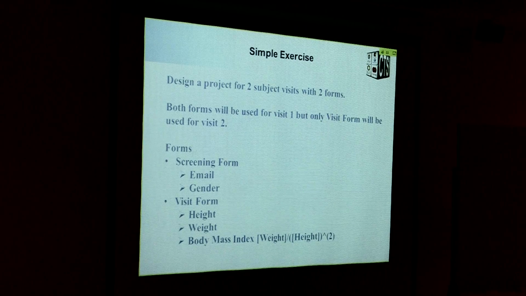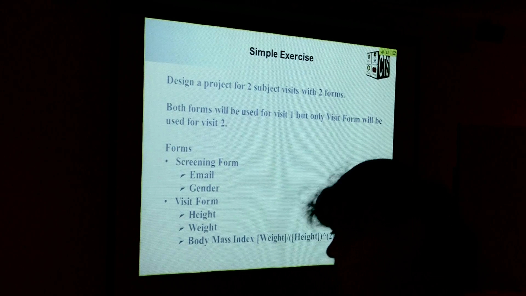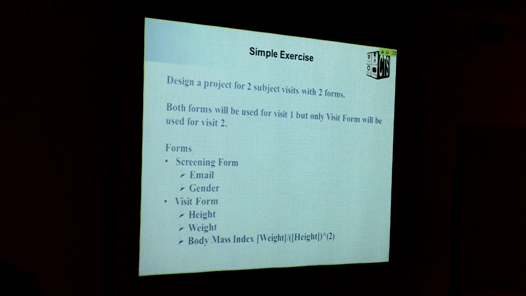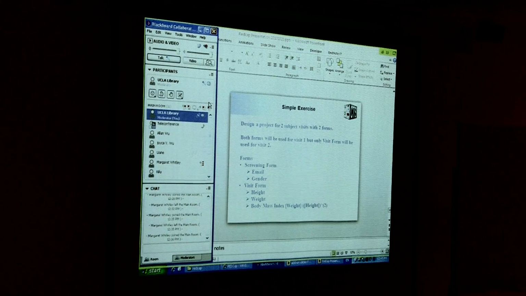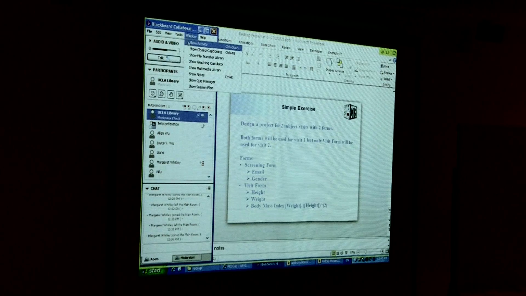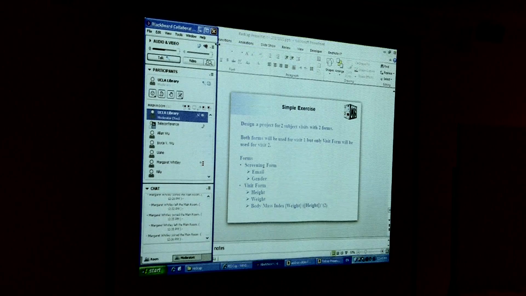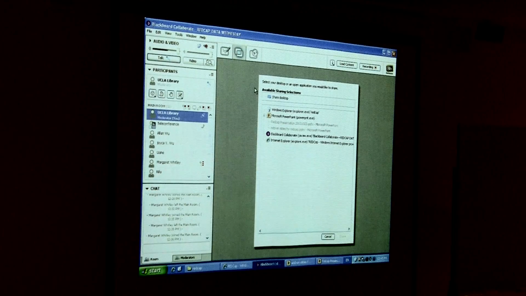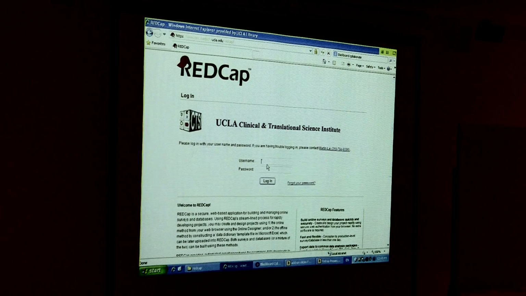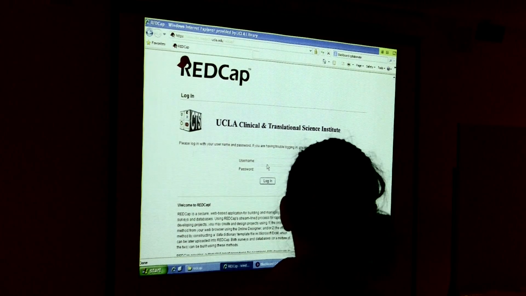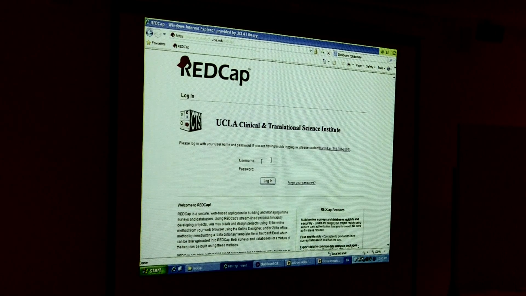So for now, I'm going to start a simple exercise for you. You can just watch and see how easy it is for me to develop a simple project. In this exercise, we're going to have a project with 2 visits. It's going to be a longitudinal project, because we're going to be using the visit form in all visits, but we're going to just use the screening form in the first visit. So I'm going to go into my REDCap,